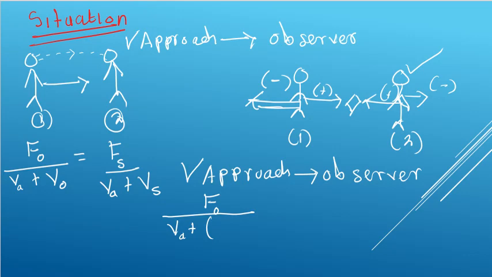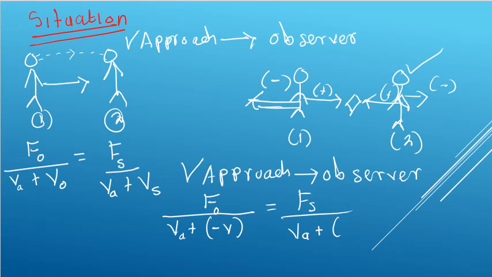So of course we're going to have negative V here, equal to the frequency of the source over the velocity of sound in air, plus,